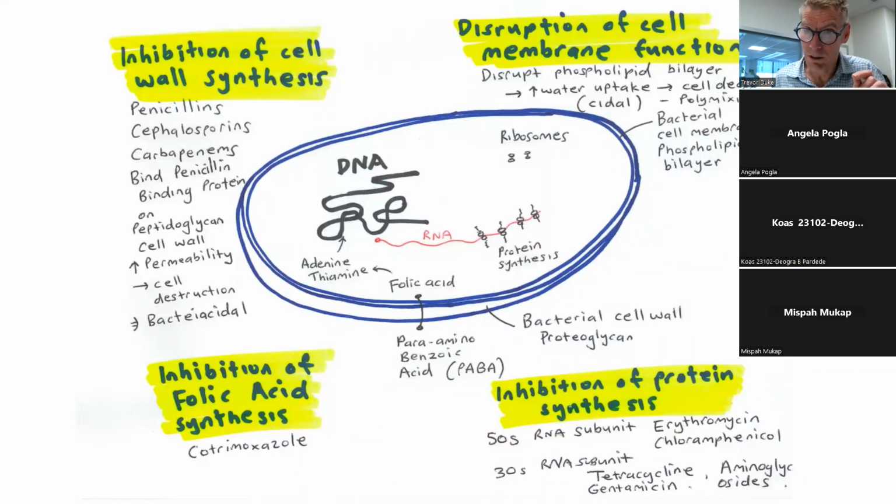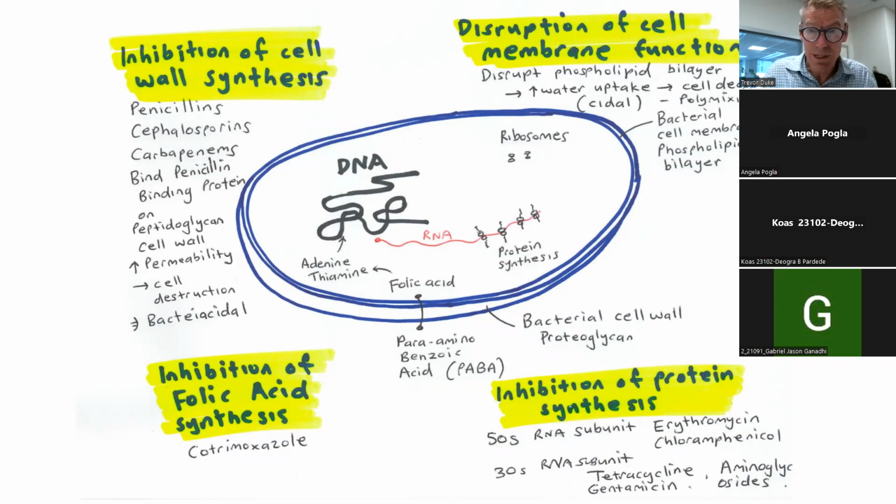Methotrexate, also not an antibiotic per se, but also disrupts folic acid synthesis. So there's some other drugs, some other chemotherapeutic agents that do a similar thing. You can imagine that the effect is similar on cancer cells with methotrexate as what it is in bacteria with